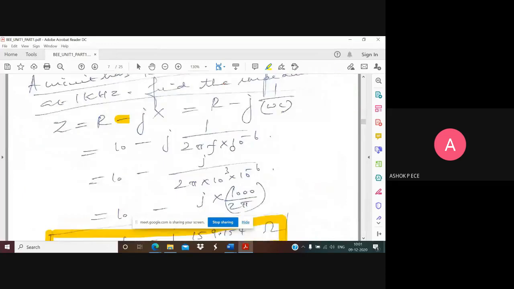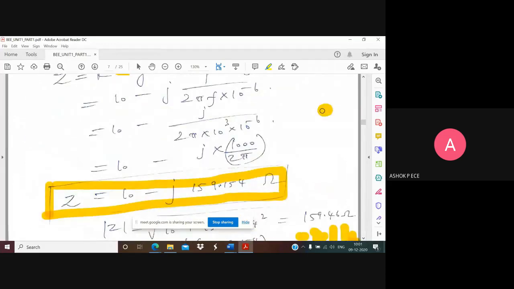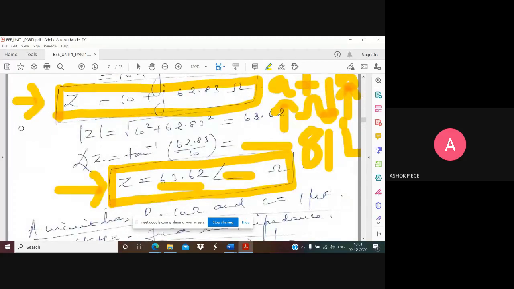If the imaginary term is negative, you can easily say the circuit is going to have a capacitor inside it. And if you have a real term, you will have a resistance also. So it is going to be a resistor capacitor circuit. If you have a plus sign, you are going to say it is a resistor inductor circuit, an RL circuit.